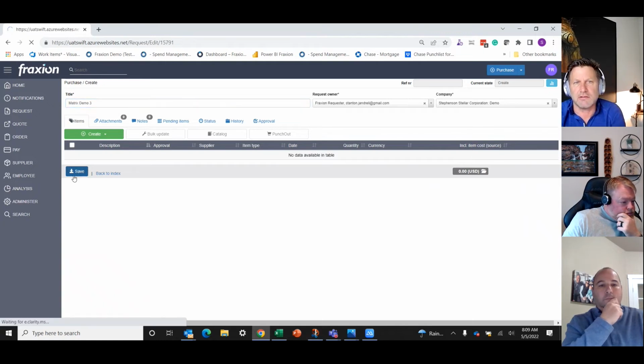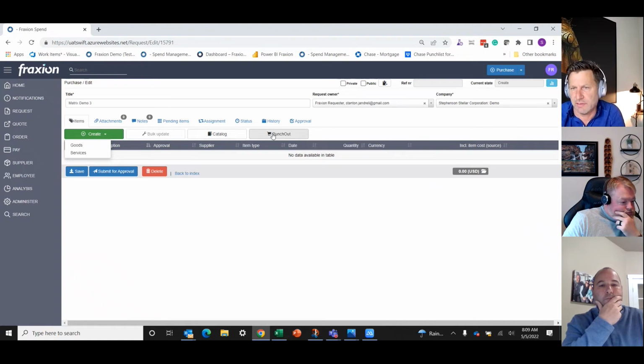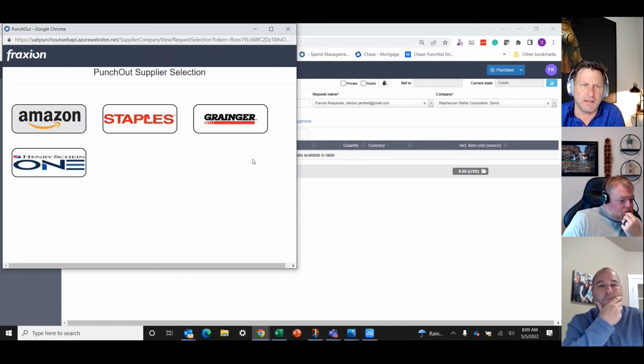And Fraxion allows you to create requests in a free format way for either goods or services from a product catalog of some kind, or from a punch-out capability. And punch-out, Jesse, is what you were talking about a little bit earlier. Depending on the configuration of the system, depending on whether you have a Staples account, an Amazon account, this allows